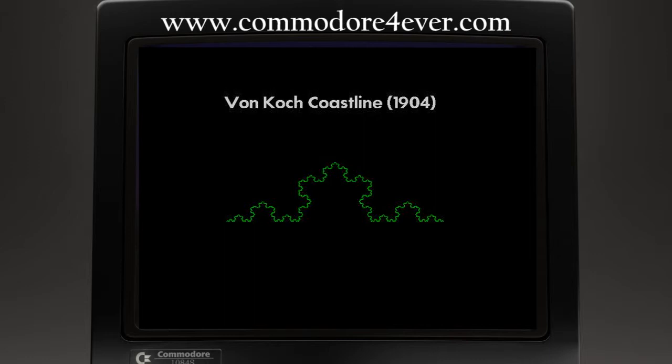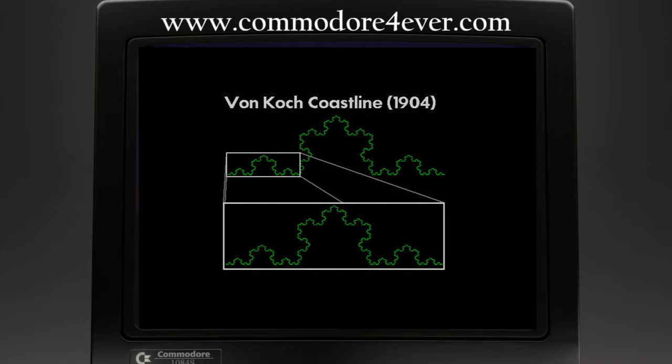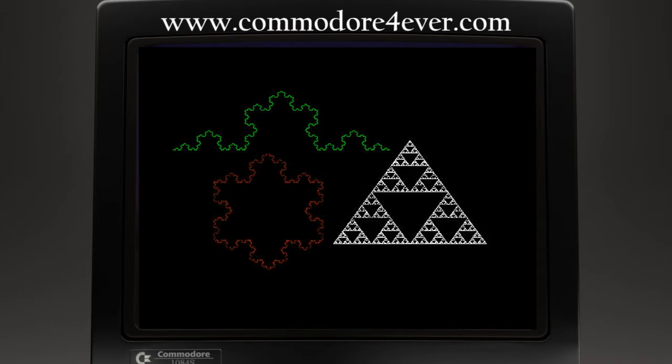Secondly, at no time does one portion of the coastline meet another. Thirdly, by magnifying a small portion of the shape, we can see that it is identical to the whole shape. It is self-similar. Helge von Koch and other mathematicians of the 19th and early 20th centuries described several similar shapes, fantastic mathematical curios with which to amuse their fellow mathematicians. But the true significance of their discoveries was not to be known in their lifetimes.